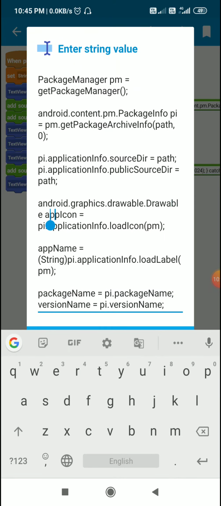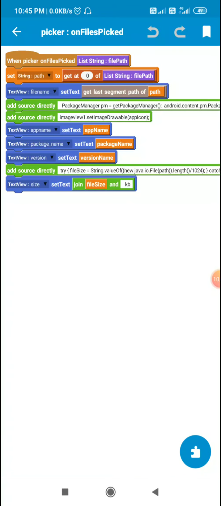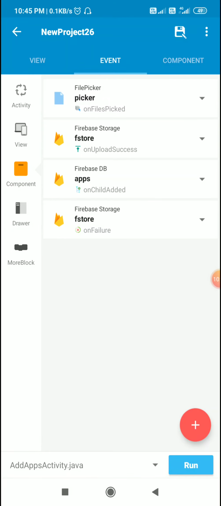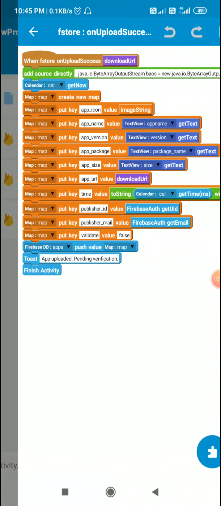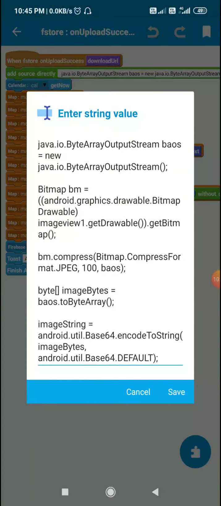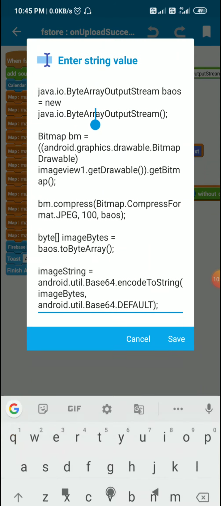So I have the app icon in drawable form, and I will convert it to a base64 string in order to send it to Firebase. So on upload success, I use this code to convert the icon to base64 string. For that I use this.